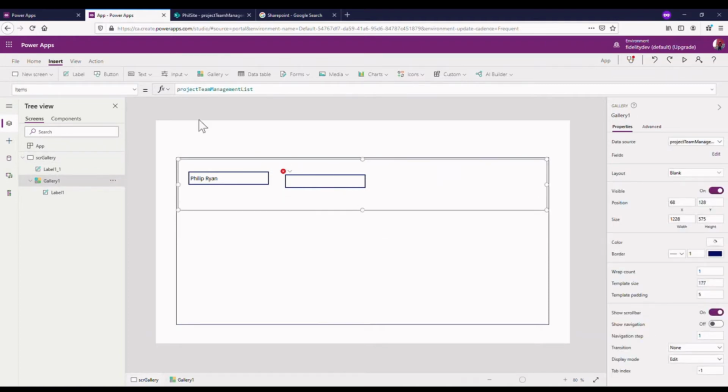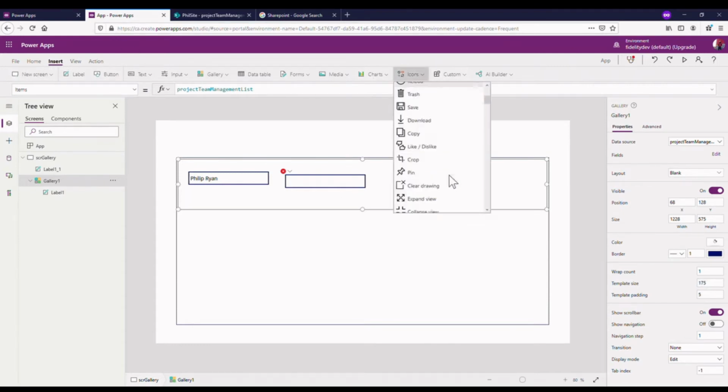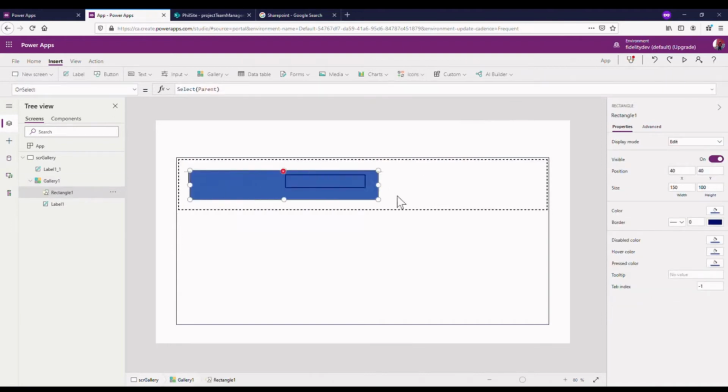I'm going to insert a little rectangle as well, just to create a border between our different items in this gallery. So let's see if we've got a rectangle here. Here we go. I'm going to stretch this out across the whole width of,